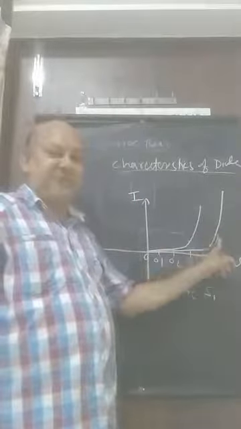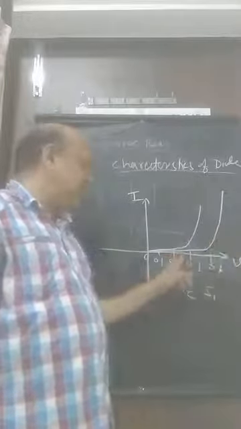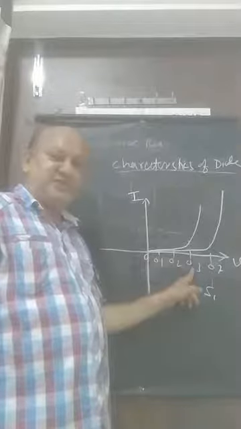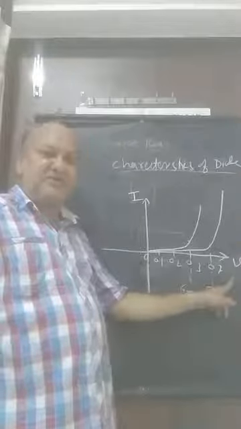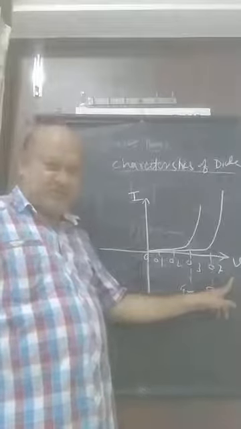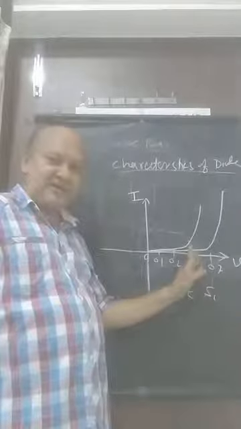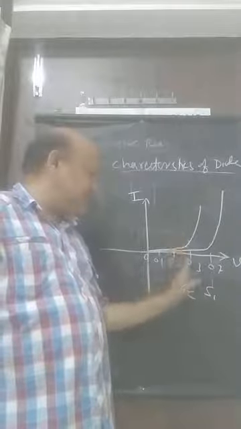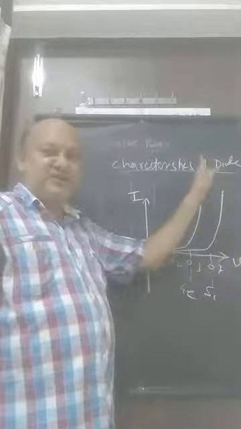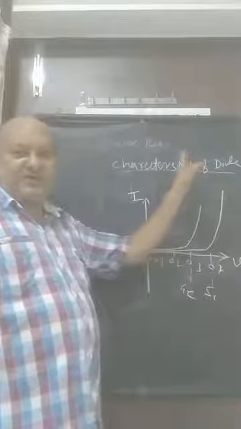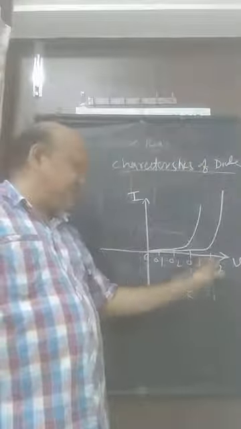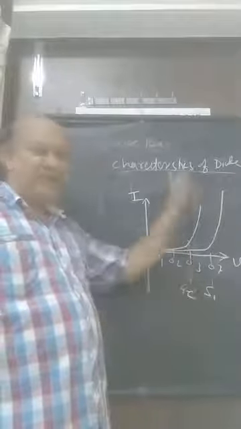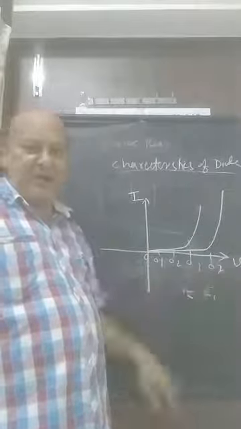This is in case of the forward bias. In the forward bias characteristics, this voltage of 0.3 volt and 0.7 volt is called the knee voltage of the diode, where just above the knee voltage the current flowing in the diode will increase. For silicon it is above 0.7 volt, and for germanium it is above 0.3 volt. So this is called forward bias.